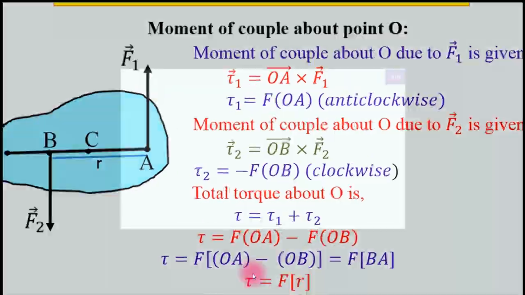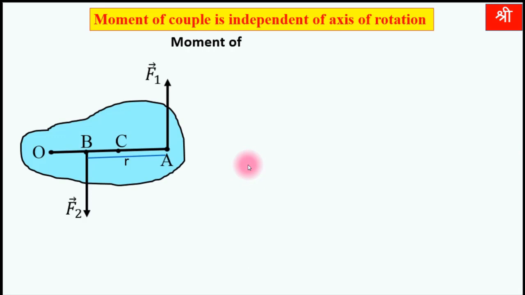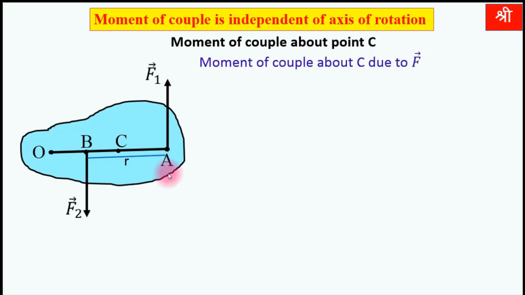Now suppose the same body rotates about a different axis of rotation due to the same forces acting at the same points. तेच फोर्सेस आहेत, A आणि B त्याच पॉइंटला ऍक्ट होत आहेत, परंतु आता O च्या जागी आपण दुसरा ऍक्सिस ऑफ रोटेशन घेऊ. मोमेंट ऑफ कपल अबाउट पॉइंट C. Suppose the axis of rotation passes through point C now. Therefore, moment of couple about C due to this force F1 will be given by the formula